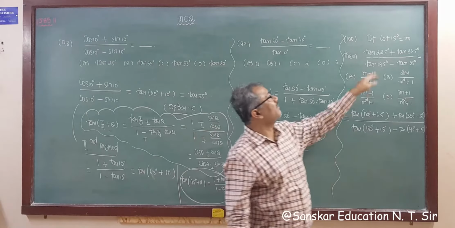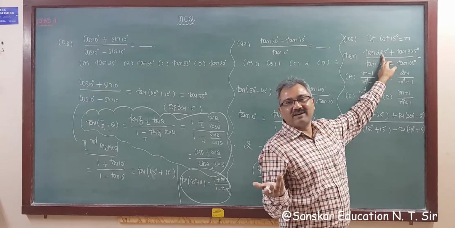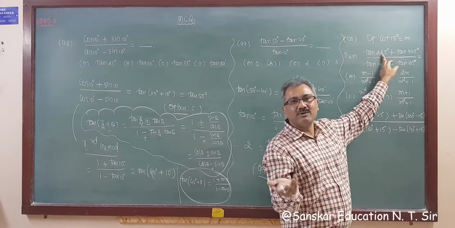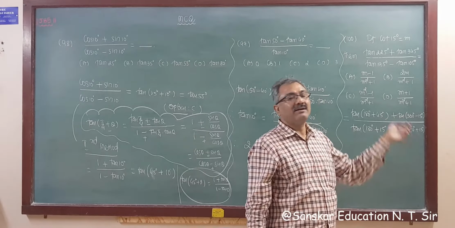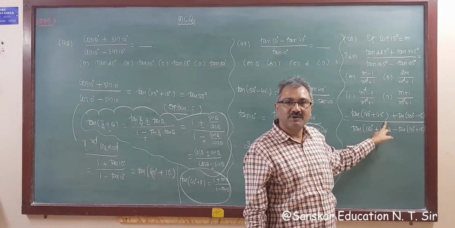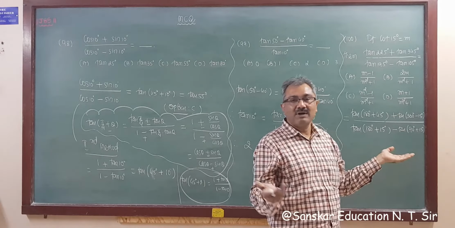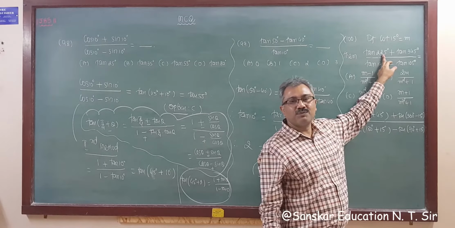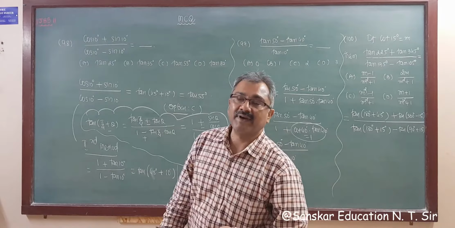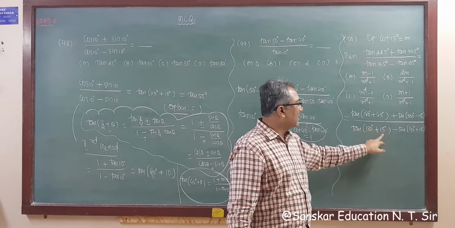If first we think for this 225, then 210 plus 15 is 225, but 210 is not your known value, 240 is not your known value, so we leave that. Then we come to here, 180 plus 45 is a known value, right? If you add 30, then 195. 195 is not a known value, and adding this 30, 255, that is also not a known value. So you have to convert this type of angles into known values, right? So these all are known values.